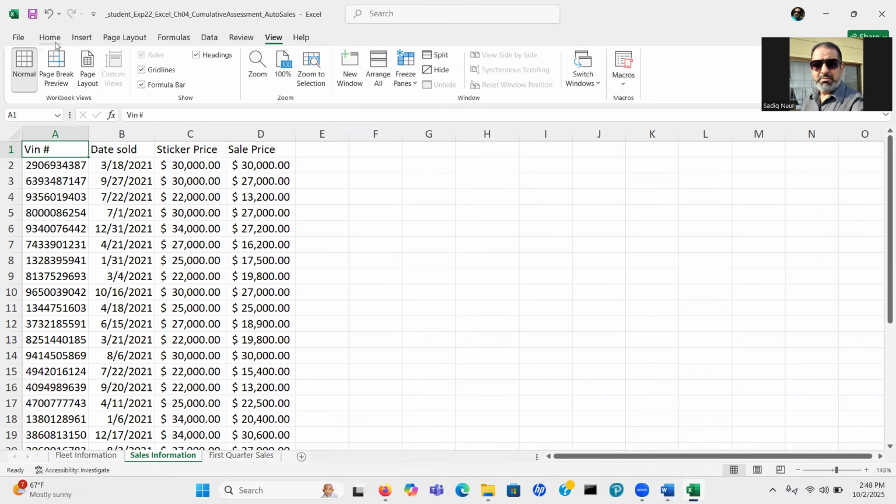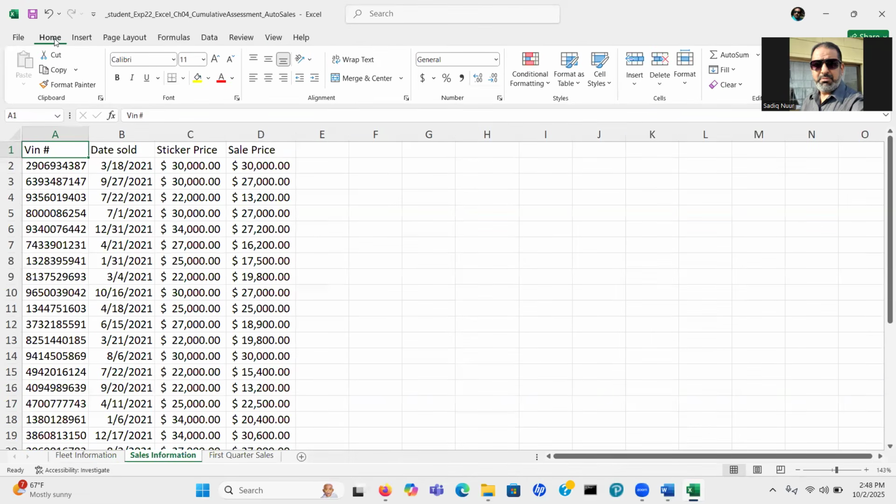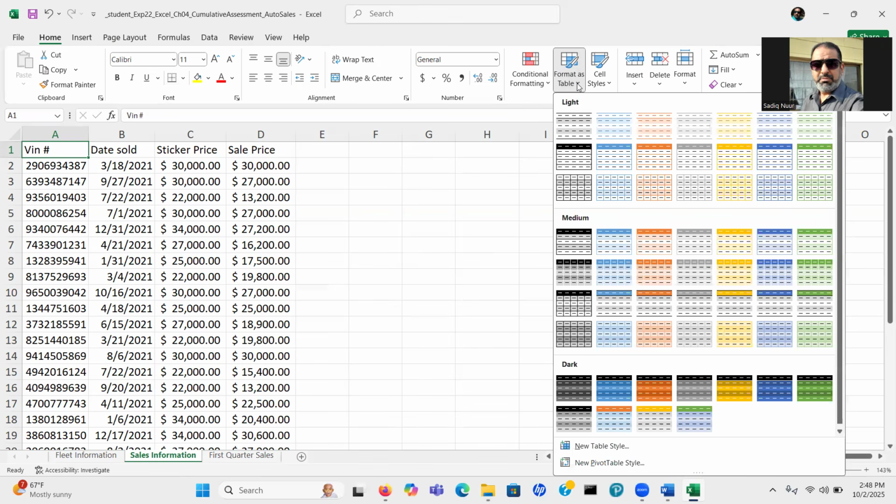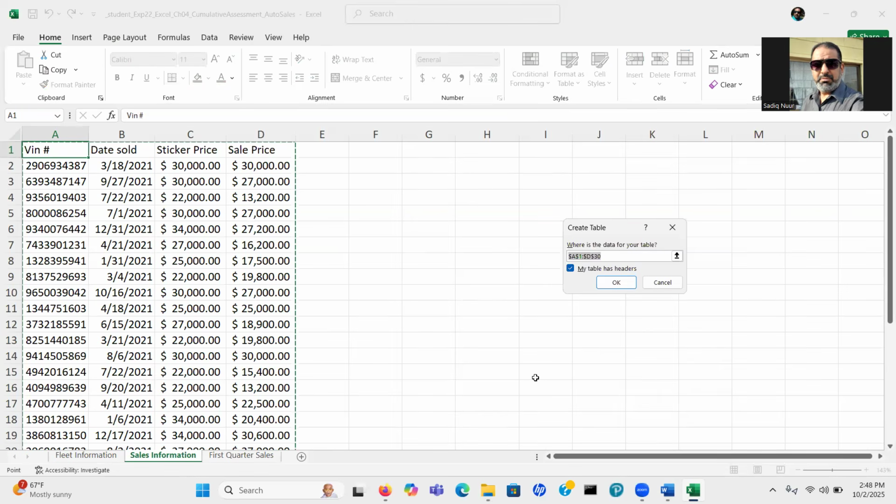We have to go back to the Home tab, then go to the Styles group, Format as Table. And then we are looking for Green Table Style Dark 11. Look at the screen tip. Click on it. The whole table has been selected.